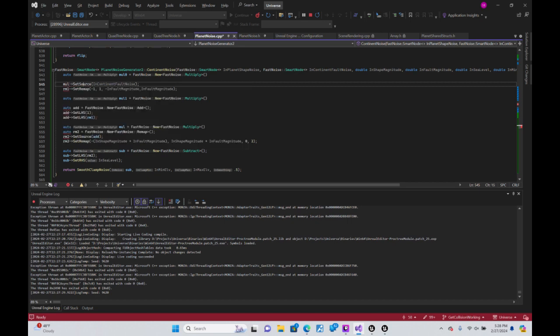Mul 0, set LHS, set RHS, add the missing semicolon,